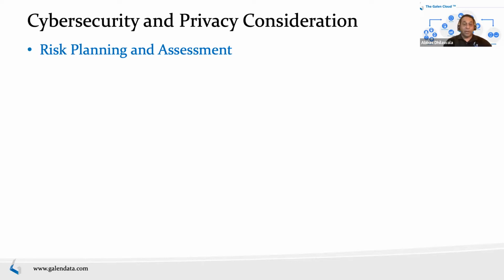You do risk assessment of your cybersecurity, and just like any other risk, it has to be in the entire lifecycle. So as you update functions, as new information comes through, you go and replan and reassess those risks. Part of the risk assessment is to identify all the data you're going to cover and which of that data is protected. Not all data is protected, but a lot of the data is protected.